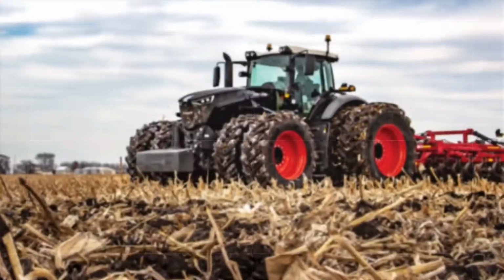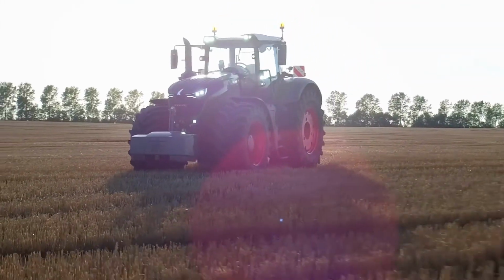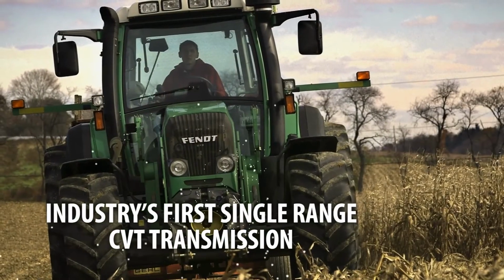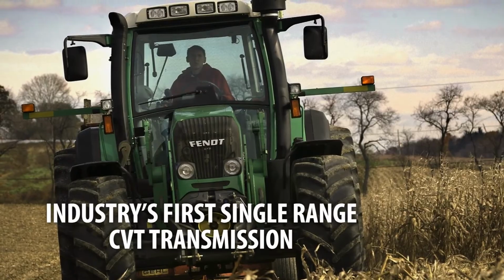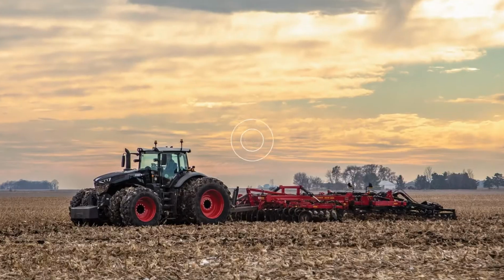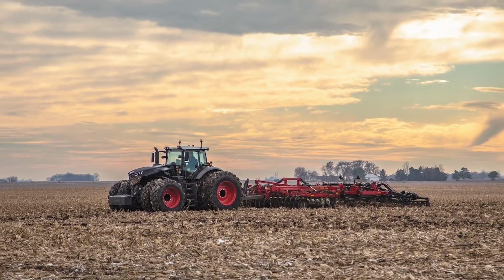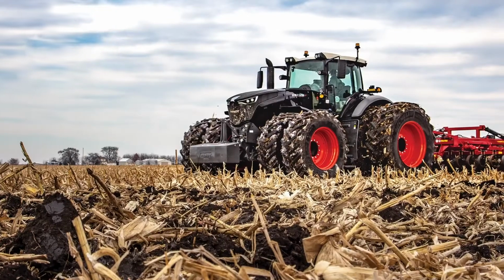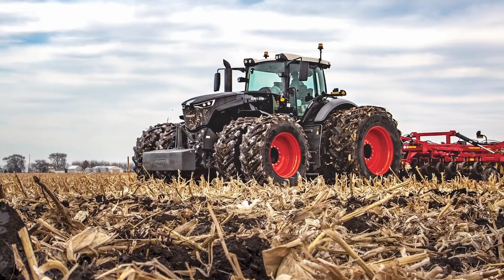Big, immensely powerful, and full of firsts, revolutionizing the entire industry with its high torque, low rev engine, and the industry's first single-range CVT transmission utilizing 2 hydraulic motors. Every day, this amazing machine continues to exceed the expectations of professional growers all over the world, securing its place as the planet's largest fixed-frame tractor